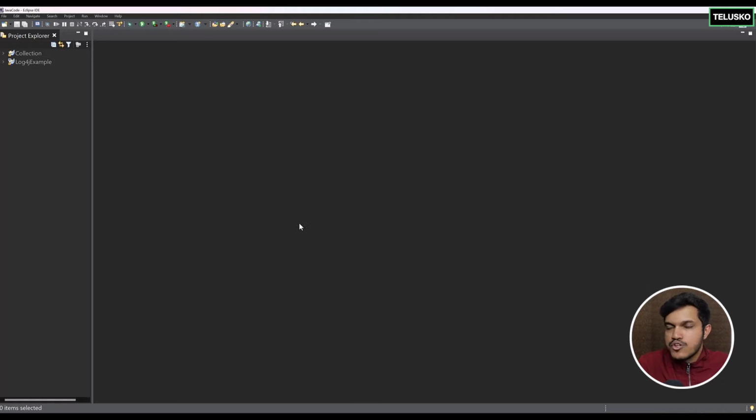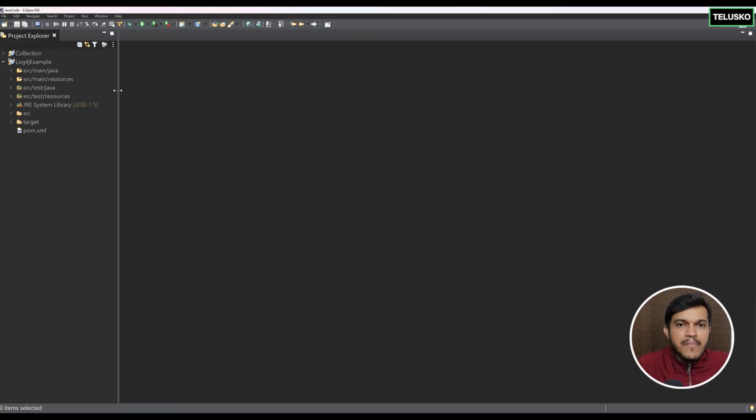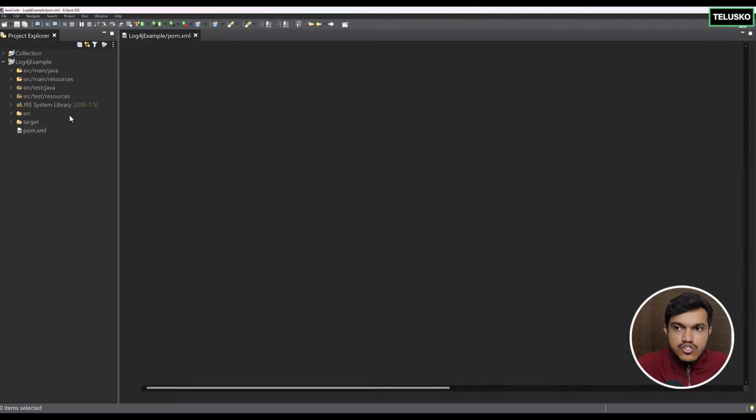You can see the project is getting ready. And as you can see here, our project is ready. And by default, whenever you create a Maven project, it will be Java 1.5. That is a default version which Maven will pick it. Now I want to work with the higher versions, maybe 8, 11, 14, 17. It depends on you. For which you may have to add some properties within the pom.xml to change the Java